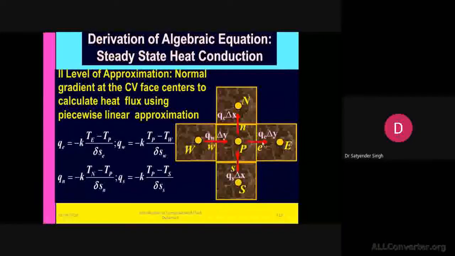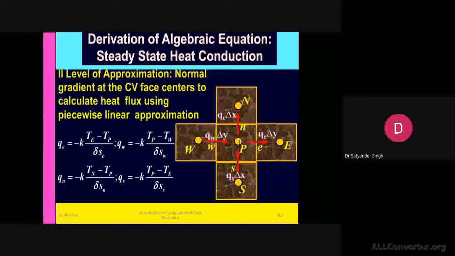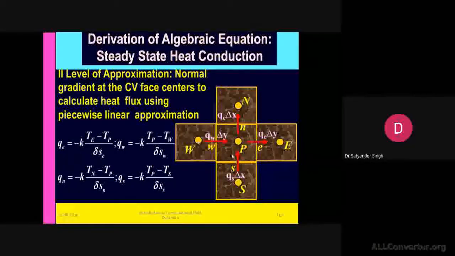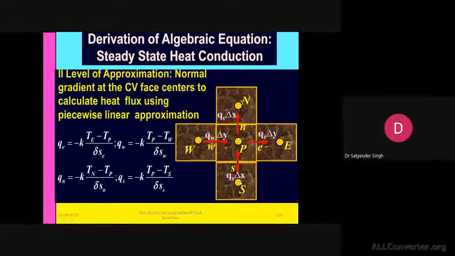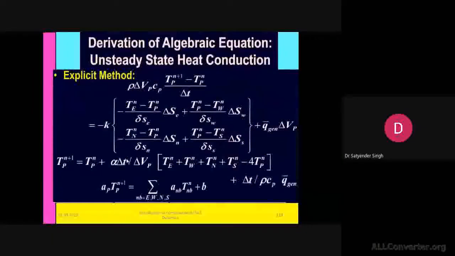So here Qe for the east face can be calculated from the temperature difference between this cell center and this cell center. We are taking the temperature at the yellow circles, and from there we are calculating the flux. Likewise, for the flux at the west face, we must take the difference between Tp minus Tw. For the south face, it will be the difference of Tp and Ts. For the north face, the difference of Tp and Tn. So we will now put all this in this equation, which further gives this form.